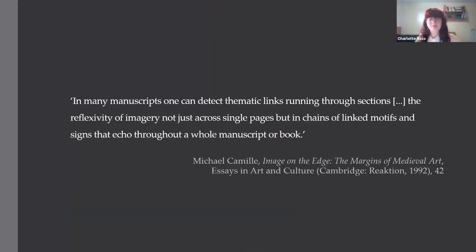Yet beyond intruding into specific moments of the poem, a further way these banderoles interrupt linear reading is through their repetition of proverbs throughout the codex. When considered in conjunction, repeated border schemes highlight the identity of the codex as something more than the sum of its parts. Michael Camille builds upon this theory in his study of the margins of medieval art, noting that marginal